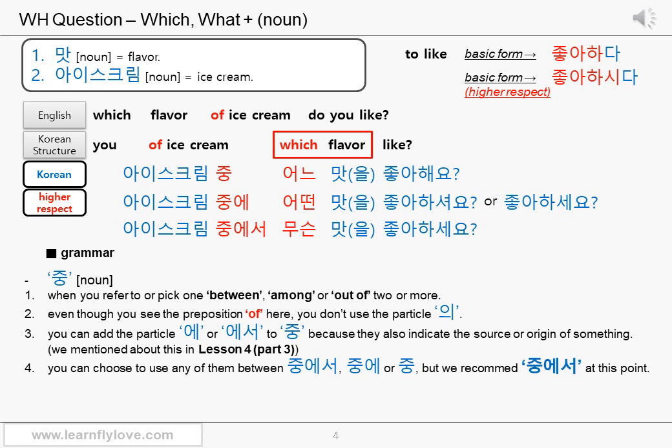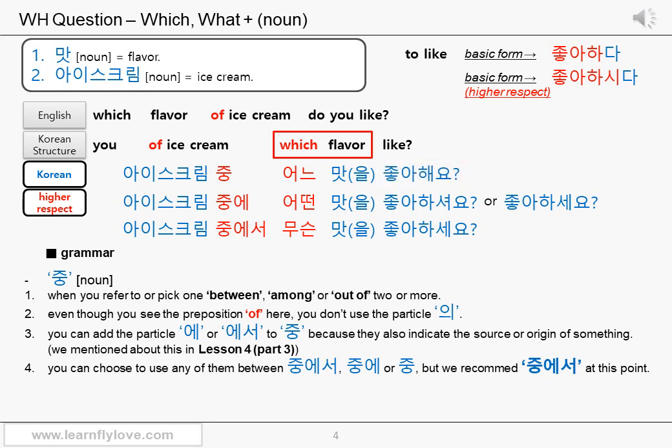Yes, you can get rid of the particle 을. It's okay in conversational Korean. As for subject or object particle, if you don't know whether to use or not, just don't use it. Normally it's okay. But we always think that you should know the basics. Okay? Like,